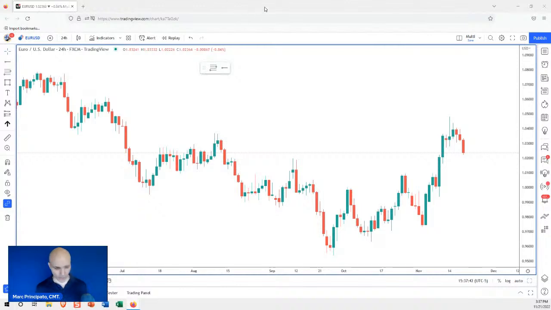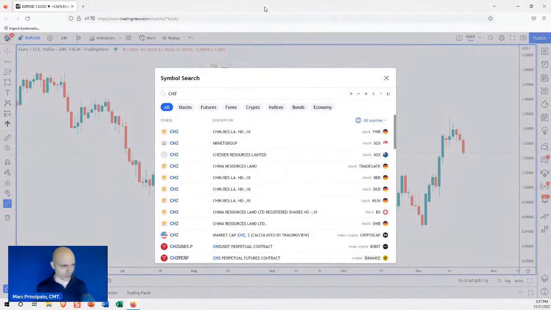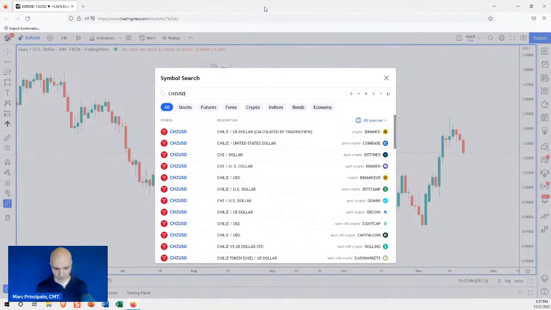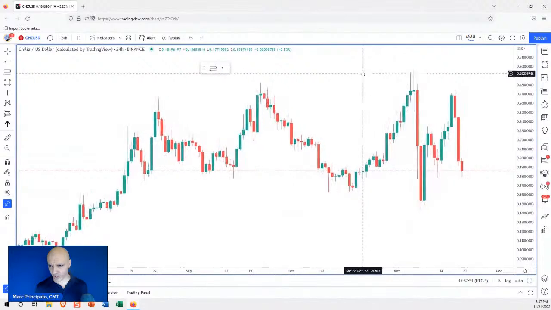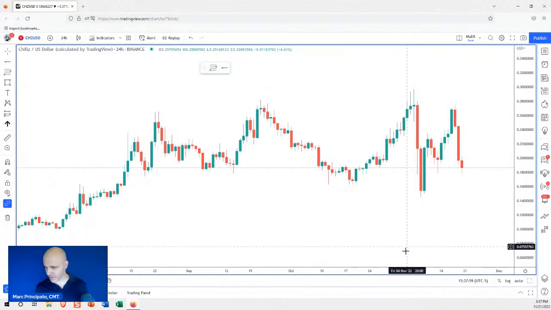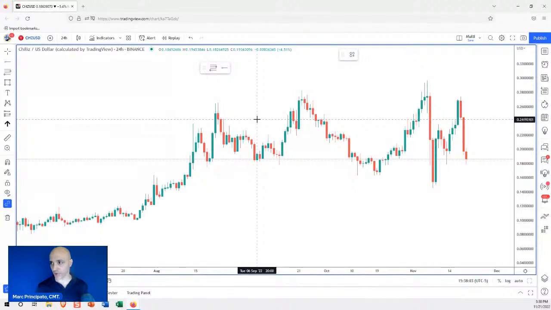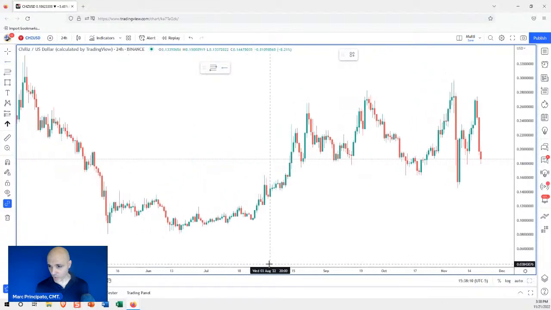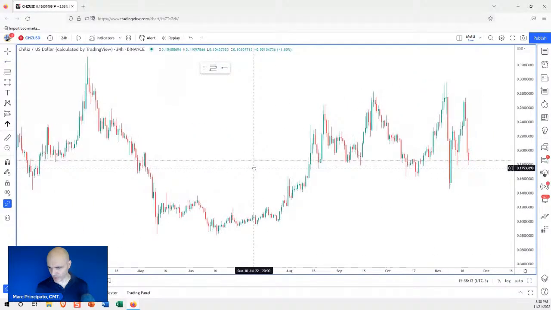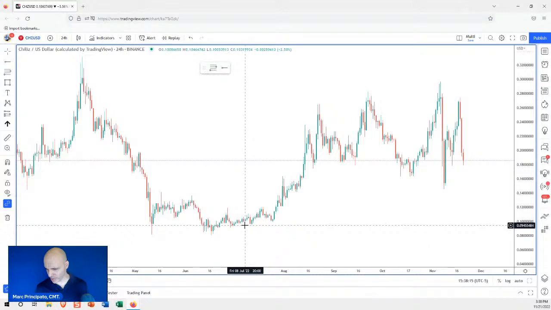Okay, so CHZ USD. Let's take a look. That's a question I got here. TradingView people, feel free to ask questions. Okay, USD. Oh, look at that. So what is this? Chiliz against the US dollar on Binance. Is that the correct symbol? Let's take a look here. So first thing I see, I'm looking at structure, I'm looking at levels. I see a generally long-term, generally bullish structure. I mean, going back, just going back like this. Look at this. So, going back to June of this year. Is that this year?